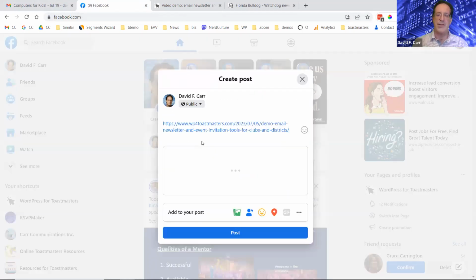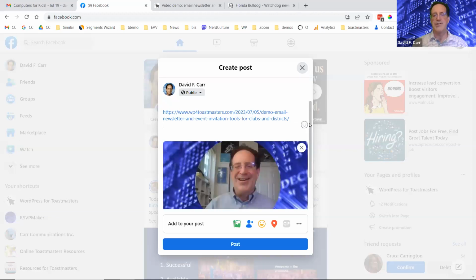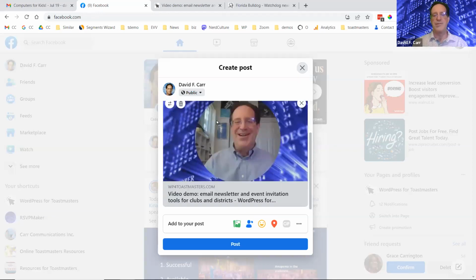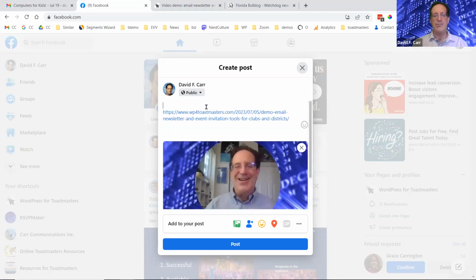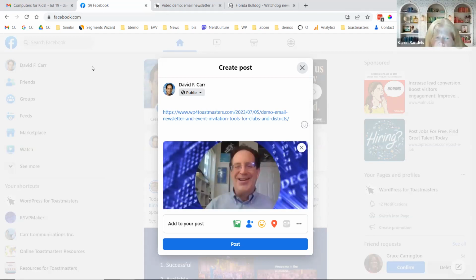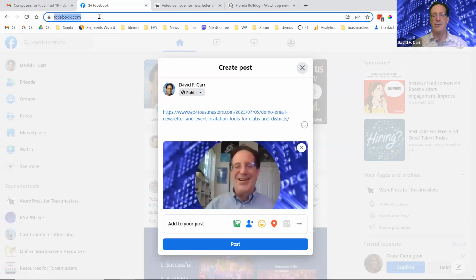So if I paste this on a blank line in here, it does come up with this preview image with the title taken from the post. Again, there was something in WordPress where you could customize this. Sometimes the title you want to show up in social media might be slightly different from what appears on the website. But that's one way you can customize that. Now, where did you get that link from? Well, I just copied it from the browser bar up here.